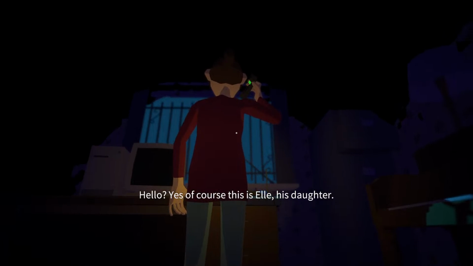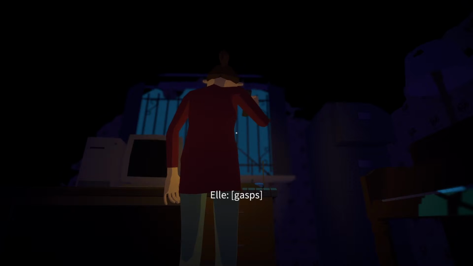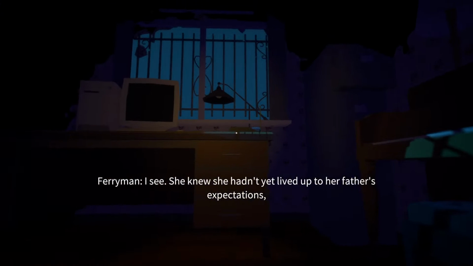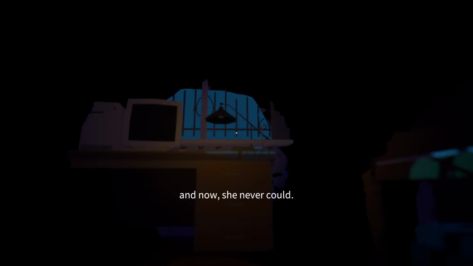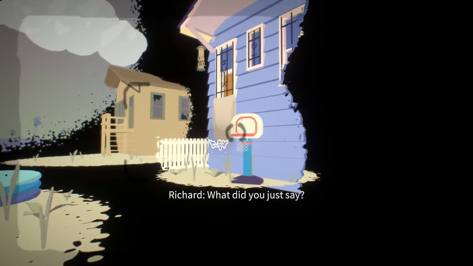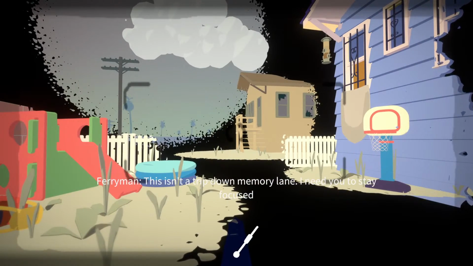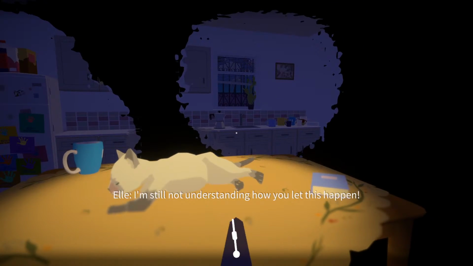Hello? Yes, of course. This is Elle, his daughter. See, she knew she hadn't yet lived up to her father's expectations. And now, she never could. Let's keep going. Eternally indebted. What did you just say? This isn't a trip down memory lane. I need you to stay focused. God, honey. Yes, I understand about the cat. Let's keep going. I'm still not understanding how you...